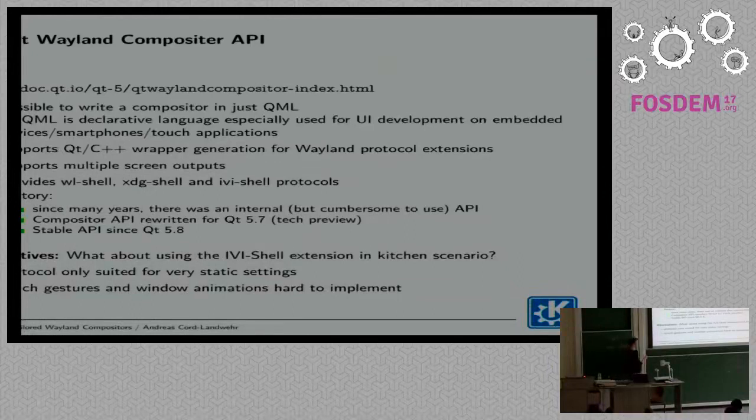I shortly talked about this Ivi shell extension. My problem until now was always that it only fits, at least from my point of view, really static settings. Like I have a screen and I have some windows that I want to put statically somewhere on the screen. That works really nicely with Ivi, but with global gesture control and other stuff I wanted to have, it didn't work. And for such requirements, I would actually have to work directly on my Wayland server, and I didn't want to hack on Weston, since it's really not my field and not my experience, what I can use there. So,